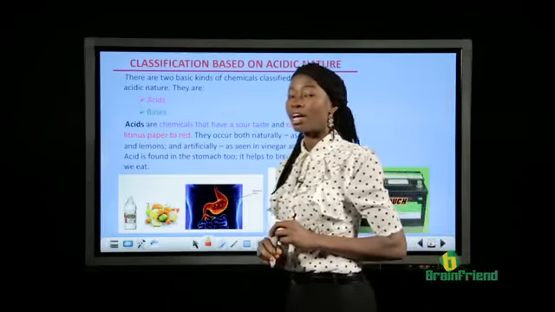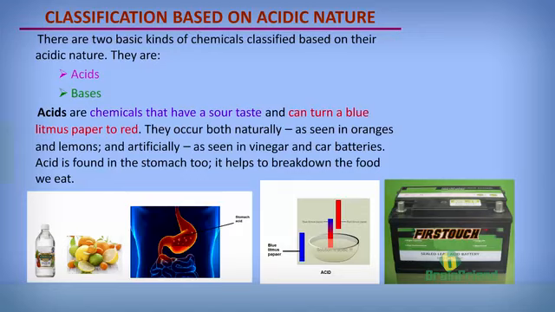There are 2 basic chemicals that are classified based on their acidic nature. Take note. We have acids and bases. So based on acidic nature, chemicals belong to two groups, acids and bases. Let's take the first one, acids. Acids are chemicals that have a sour taste, and they can turn a blue litmus paper, take note of this,